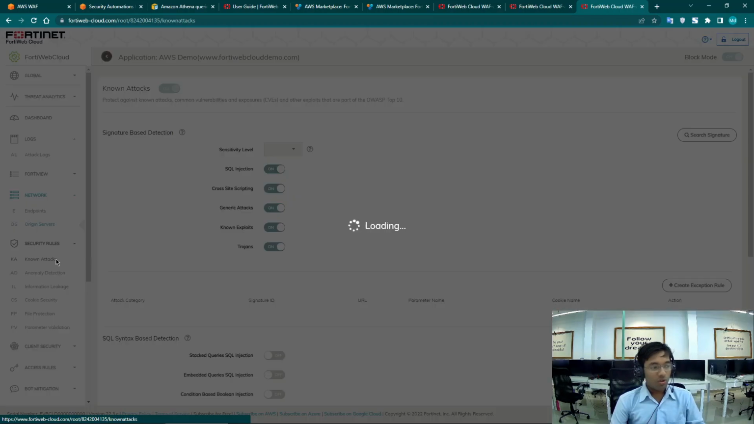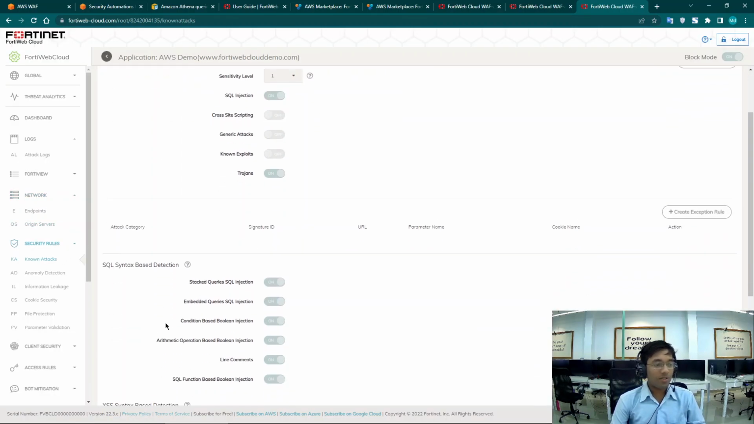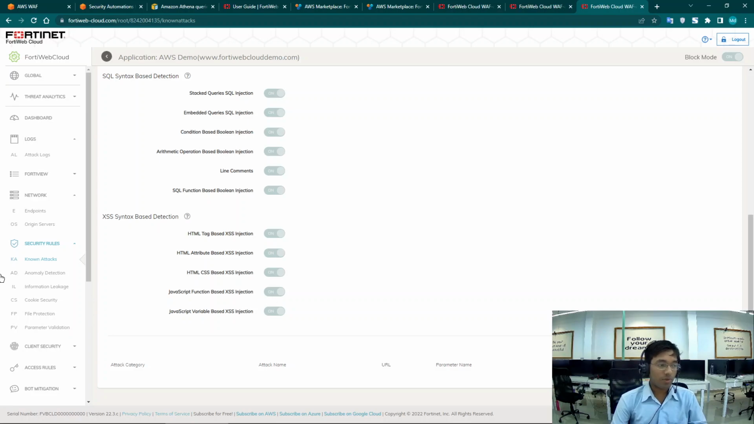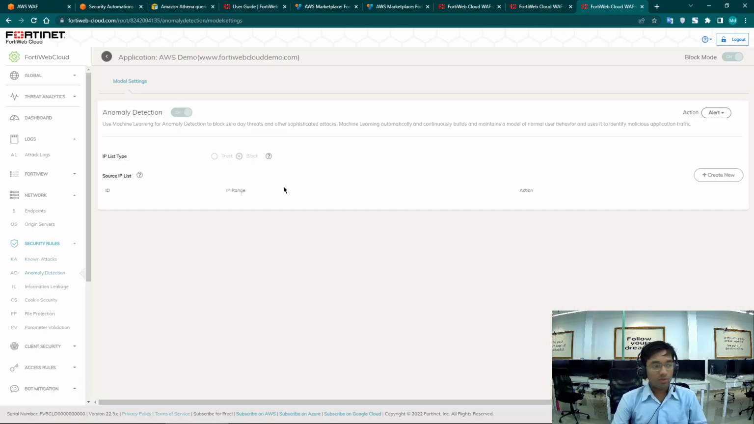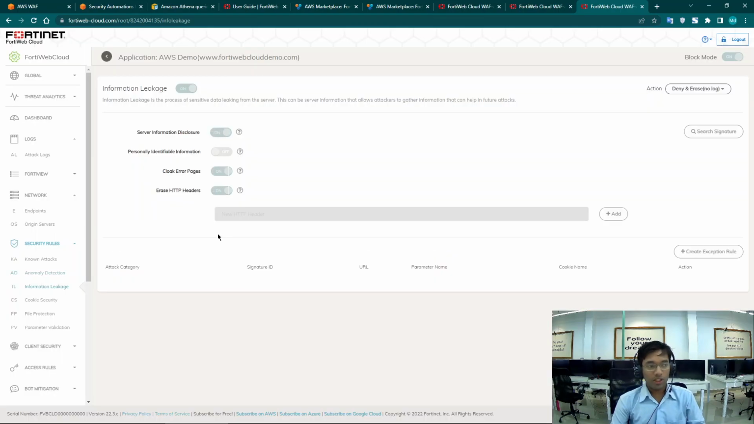Some of the security rules that we saw earlier: signature-based detection, SQL syntax detection, XSS syntax detection, and anomaly detection. You just specify the IP. It's going to use machine learning for anomaly detection, and this is going to be like a service level agreement. It's going to be the highest. Also information leakage, which covers server information disclosure, personally identifiable information disclosure, and error history headers. So for information leakage, you will be adding the HTTP header here,